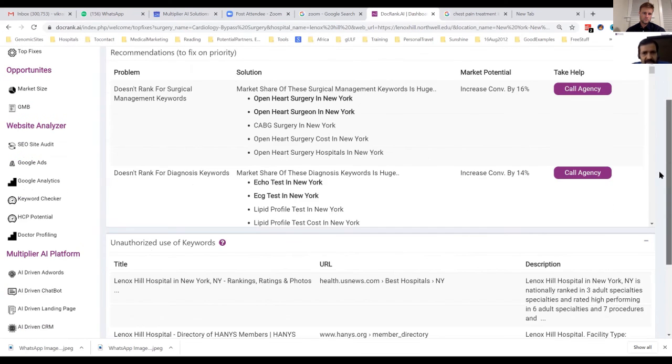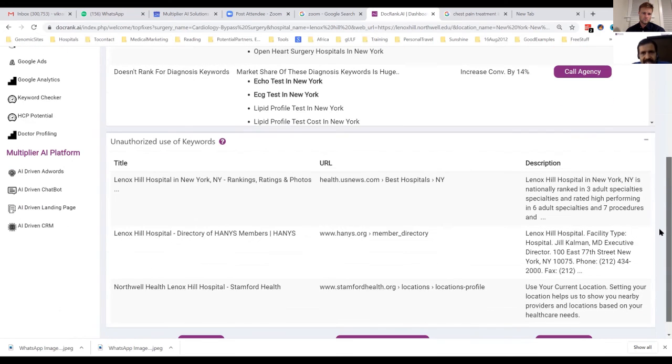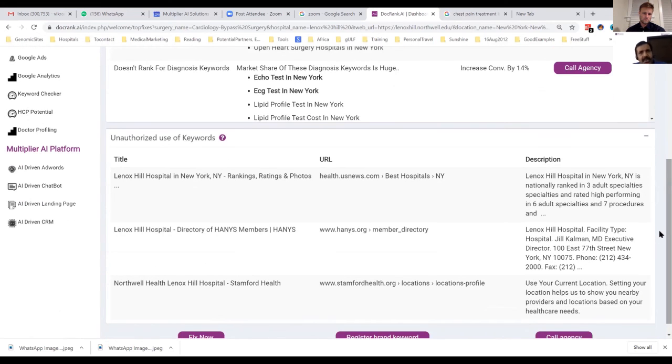It also does one other thing. One of the things that leads to lost revenue is your leads going to somebody who's using your name on their directory or on their network, without you getting the leads from that source.